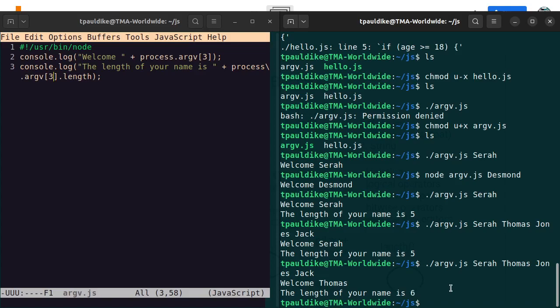That's interesting, right? Apart from checking the length of the particular string, the number of characters in your string,